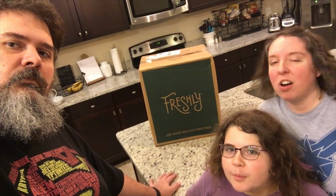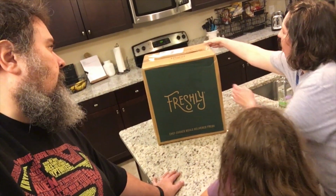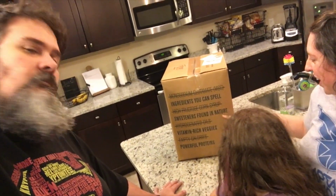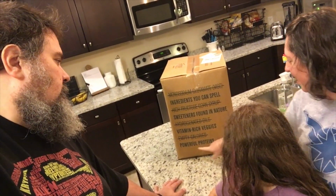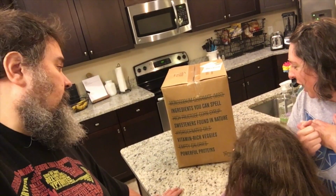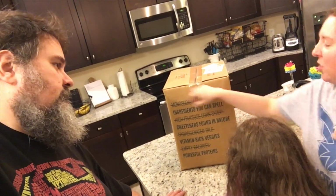The meals are supposed to be... I didn't even notice this side of the box. Ingredients you can spell. Sweeteners found in nature. Vitamin-rich veggies and powerful proteins. So it doesn't have high fructose corn syrup, no hydrogenated oils, no empty calories, and no MSG, which is important for...